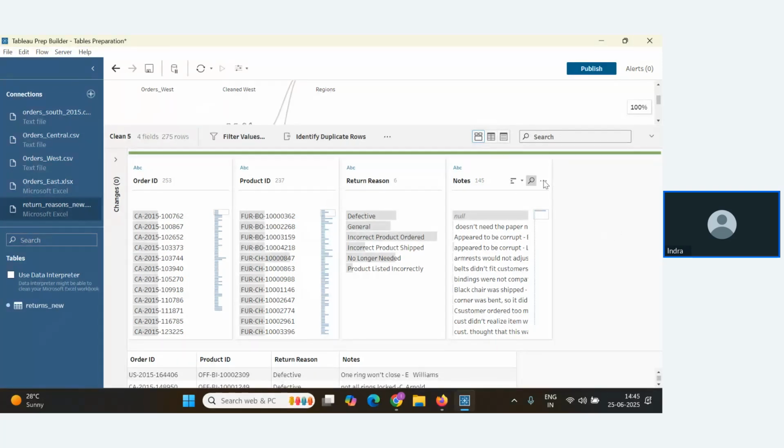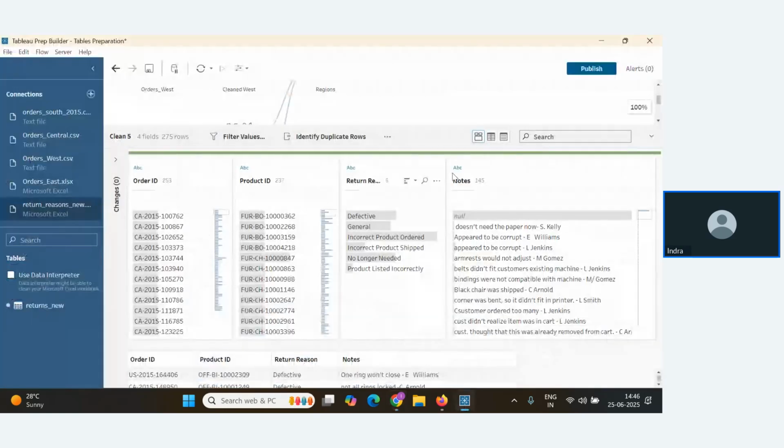Now, one second. Let me see. All right. Now, can you tell me what is the challenge you can see here inside this particular table, notes, return reason?